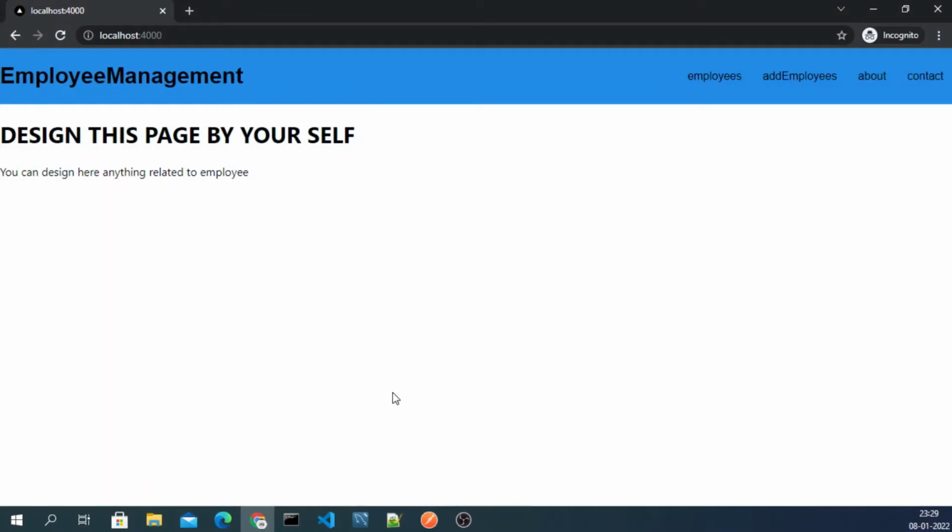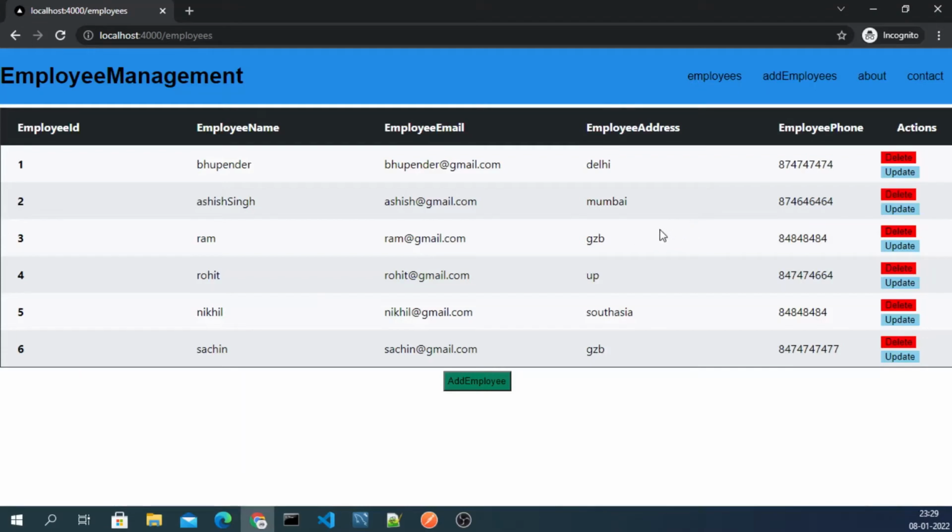This is the demo of the application. This application looks simple, but it has all the CRUD operations, and if anybody is new to Next.js, then this would be a great start. If you click on employees, you will see all the employees.